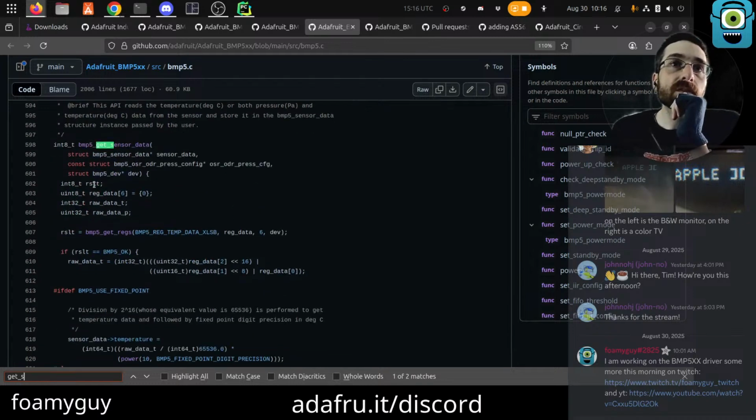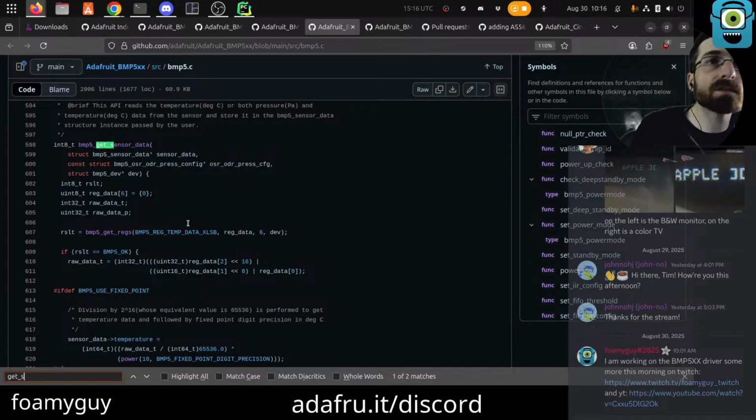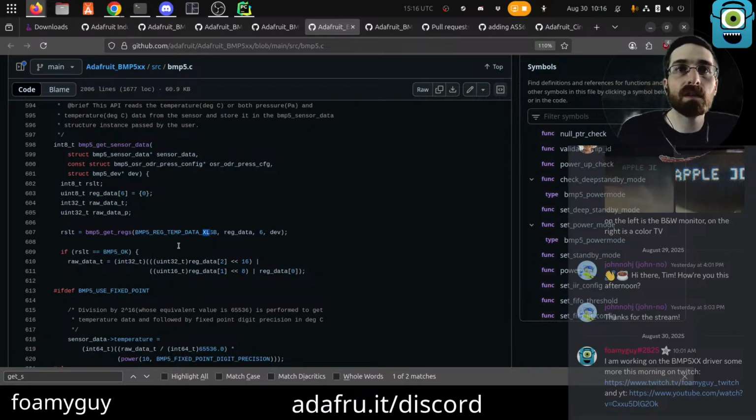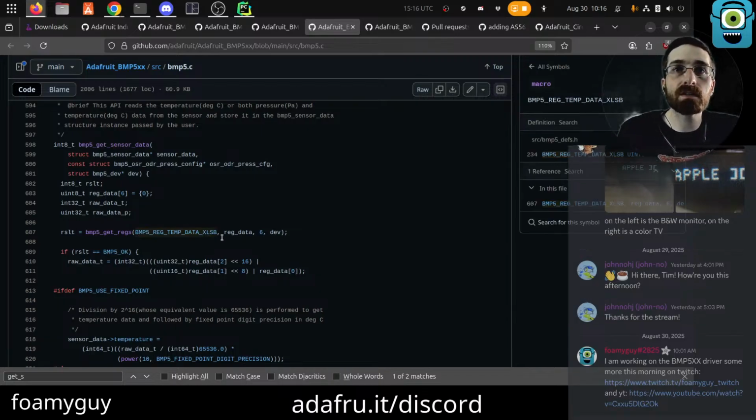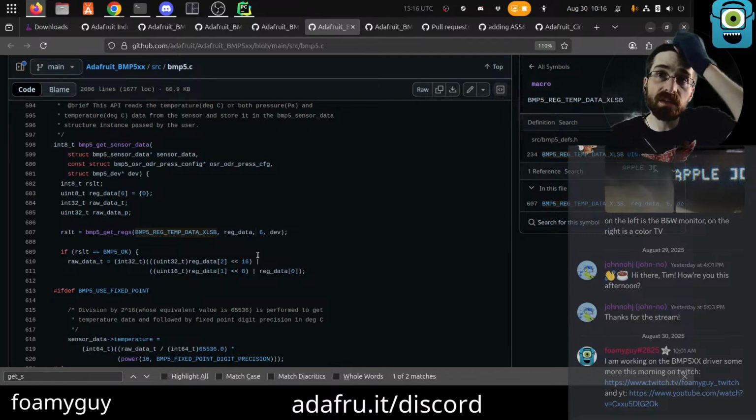Which basically says that it's gonna read 6 bytes. Read registers, temperature data, significant length we saw last time, that's length, so it is reading 6 bytes. And then if the result was okay,